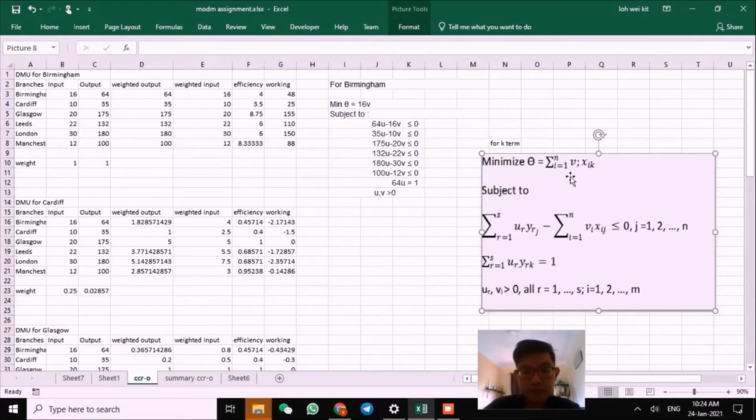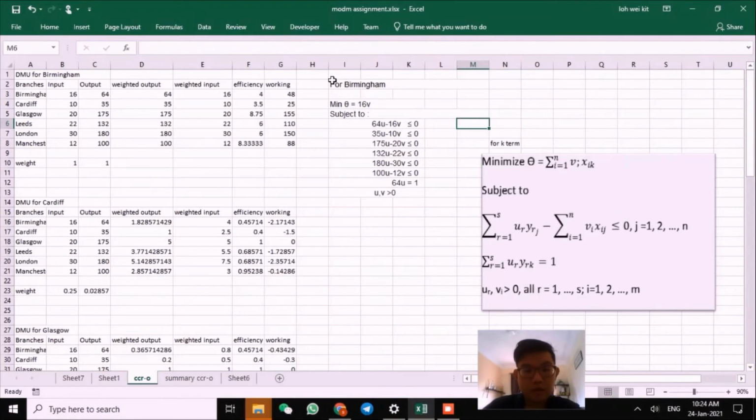Here is the constraint. I will only show one example, which is Birmingham, and the same methods may be applied to the other branches in Excel. By applying the output-oriented CCR model, here is our CCR model for example 1, Birmingham. We're going to use Solver to solve this DMU. First, we put our CCR model for Birmingham in this table,